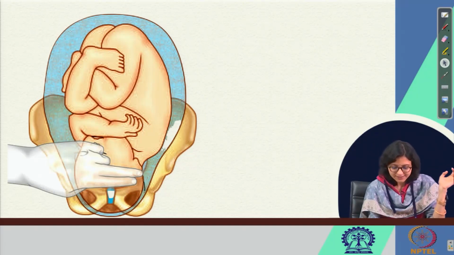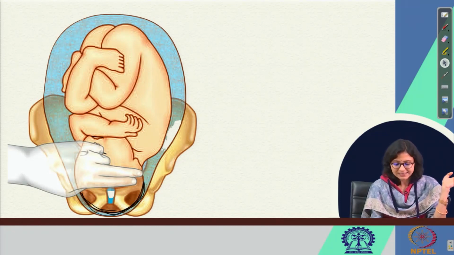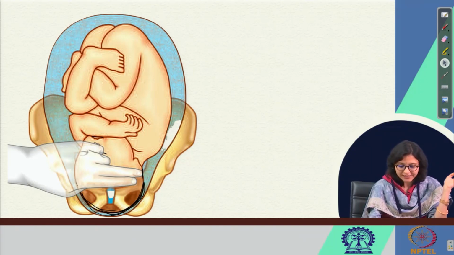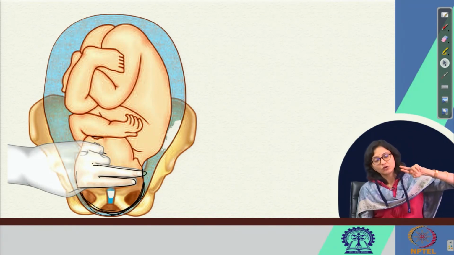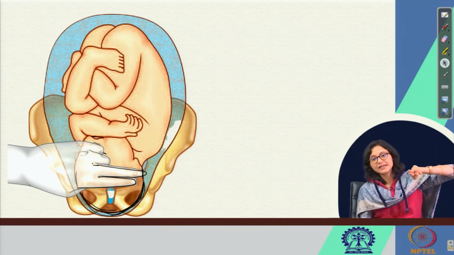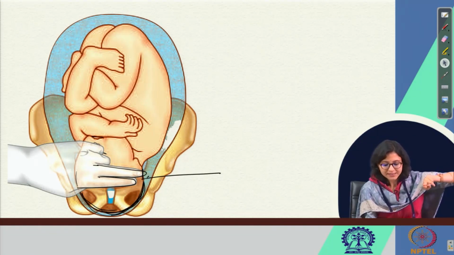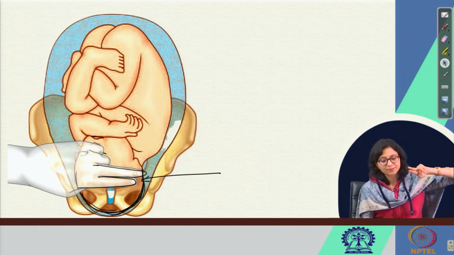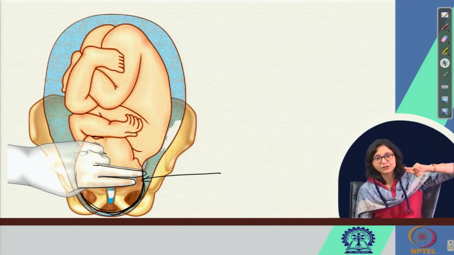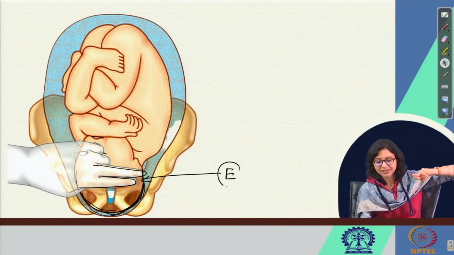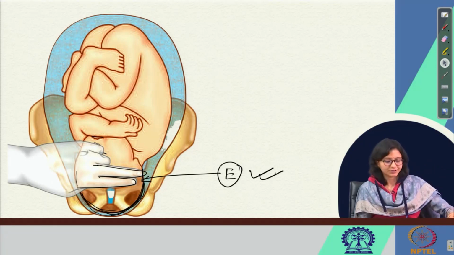So this part of the fetal head has already gone inside the pelvic inlet, so this cannot be palpated per abdomen. Only the part which is above the pelvic inlet can be palpated, and here only 2 fingers are kept over the abdomen. So from this position, when 2 fingers are palpating the fetal head above the pelvic inlet, engagement is said to have occurred, right.